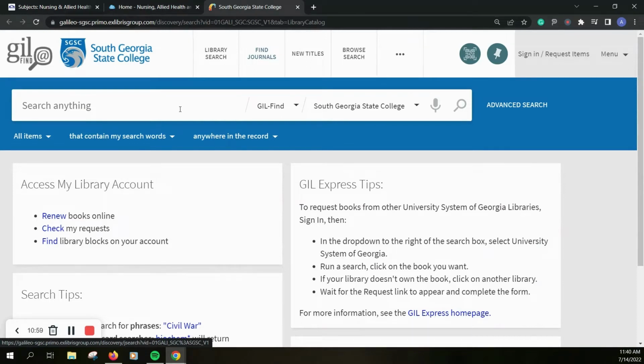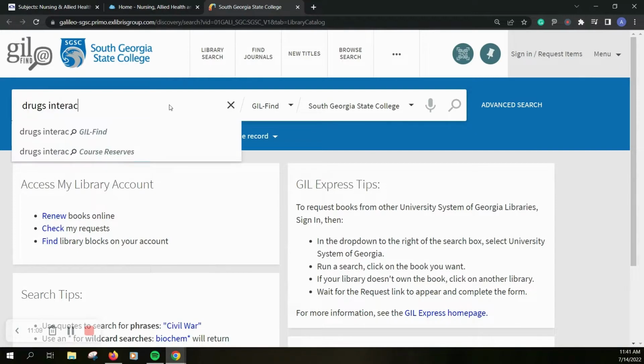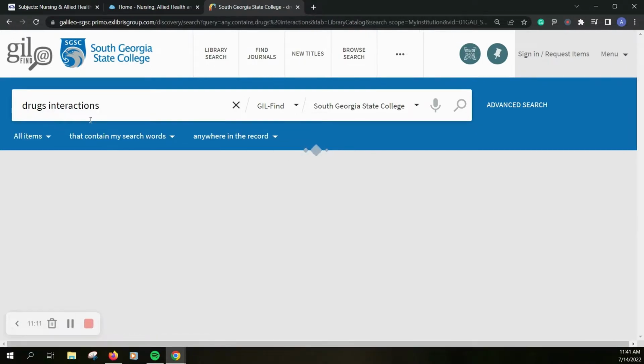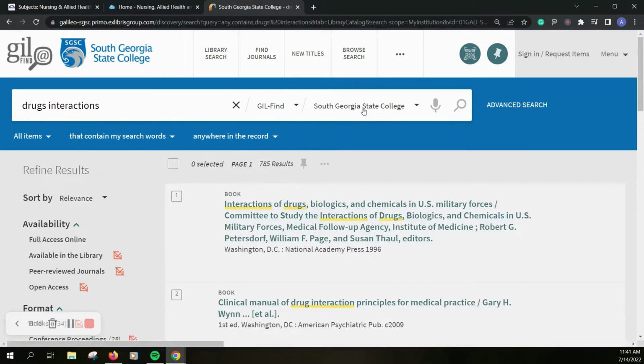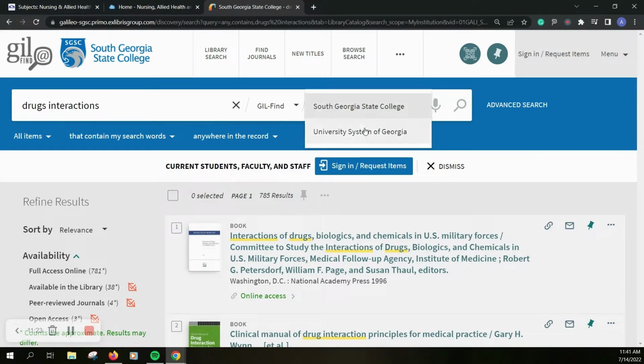Our catalog is called GIL Find, and it is also accessible from that library page that I mentioned earlier. And I'm going to do a search for the exact same topic that we did earlier. Now you can see I'm searching at South Georgia State College. If you don't see any resources here that you would like to use or you can use, click and select